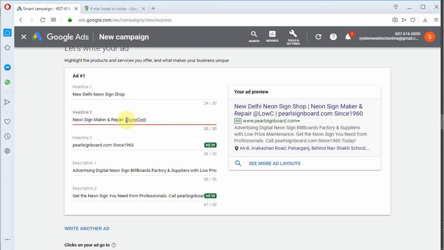So it will give you only 30 characters. If you exceed it, then you have to be limited till 30 characters.